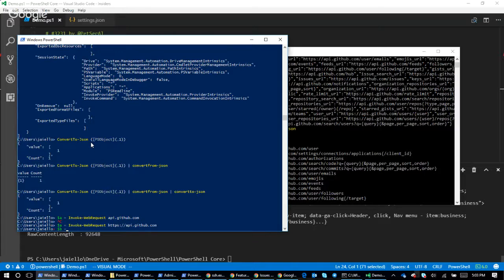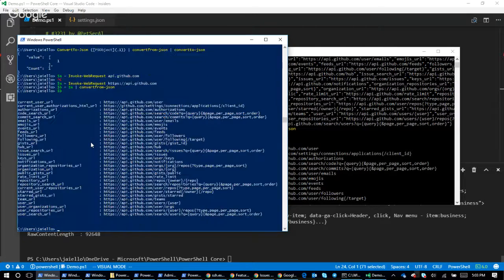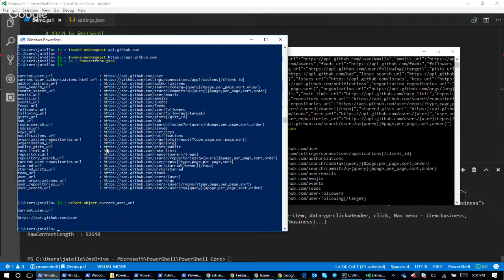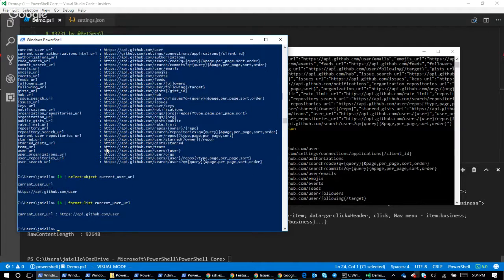So $B equals $A, ConvertFrom-Json. Okay. We've got these both here. I remember there being this issue where if I did Select-Object, current user URL, maybe, that works. Maybe it's Format-List that fails here. No, that works too.